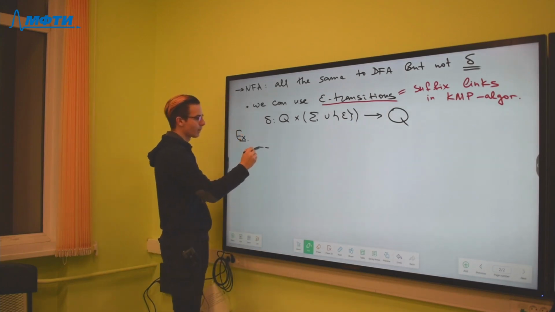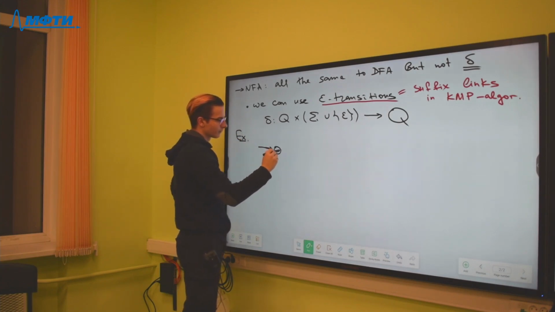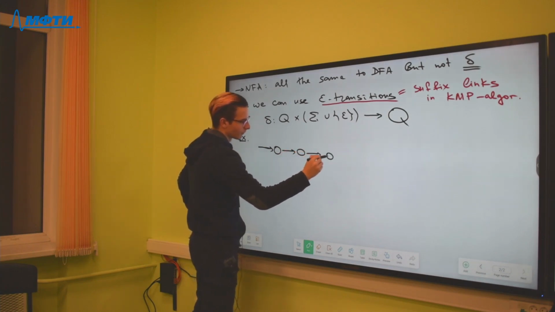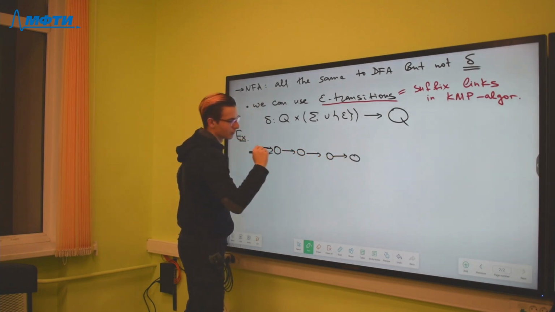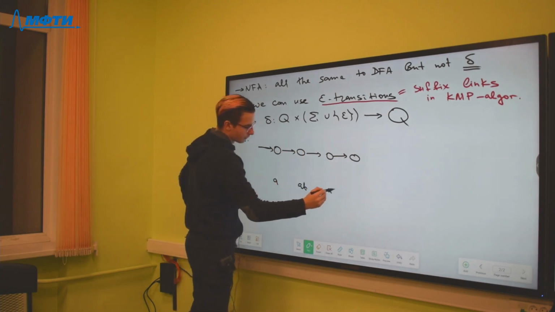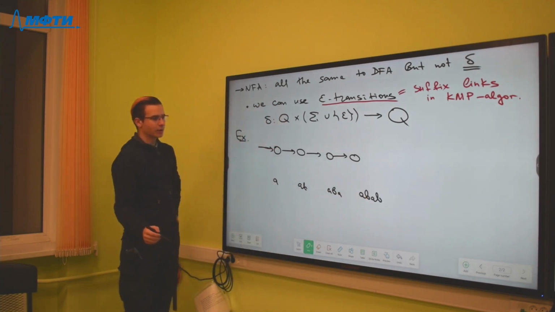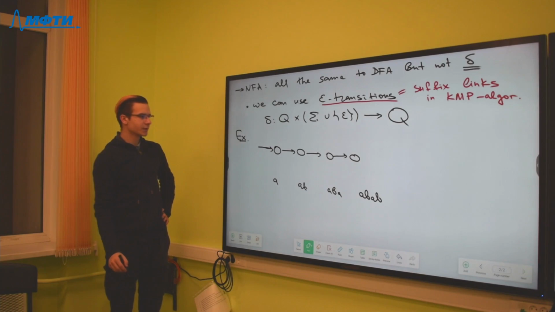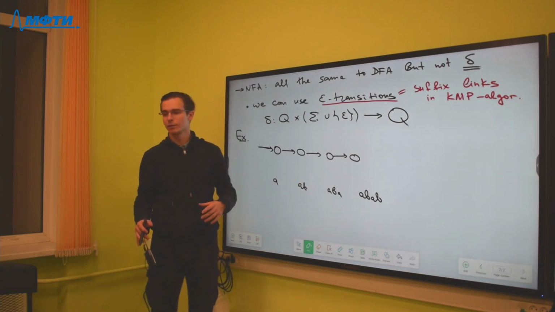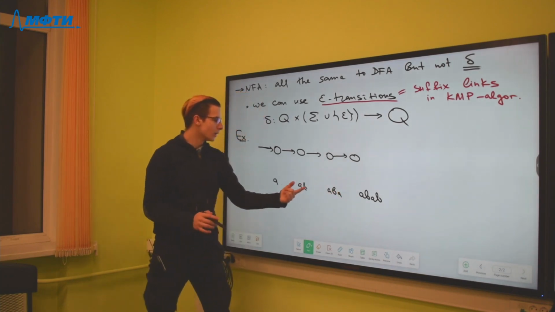For example, if we have AB, and we want to find the substrings of the input line equal to this word, we can use